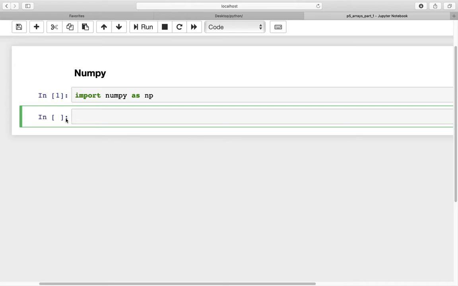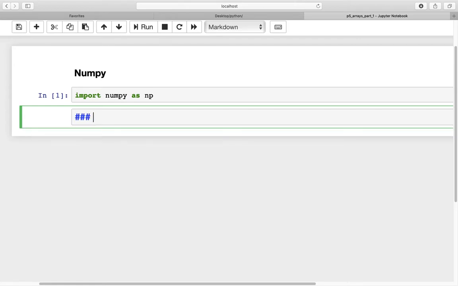Now before we move further, there's an easy way to create a markdown for a cell. If you notice, when you have the cursor inside the cell, it's highlighted green, and when you click outside the box, it's highlighted blue. So when it's blue, if you press the key M on your keyboard, it will make it a markdown. So let's go ahead and create a heading. This is a one-dimensional array,